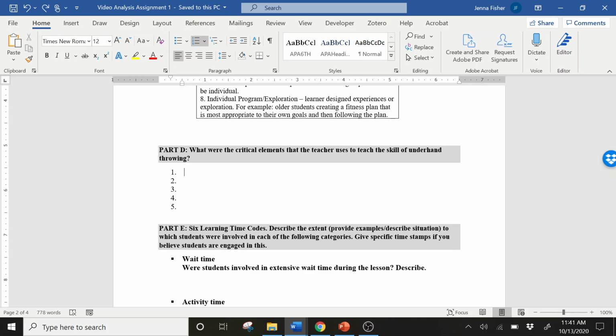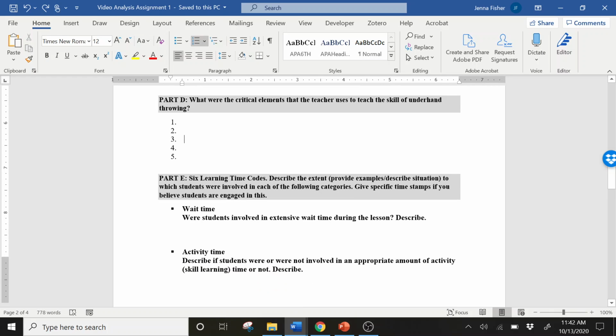So you're going to hear these critical elements in greater detail as she's actually teaching and providing feedback to the students. So again, this is where I want those direct quotes of what she's saying or how she's describing this skill. It's okay if they're not all direct quotes because she does rephrase them in different ways throughout the entire lesson. So do your best with these, but there should be between 4 and 5 critical elements that you hear. So again, how she wants her students performing the skill.